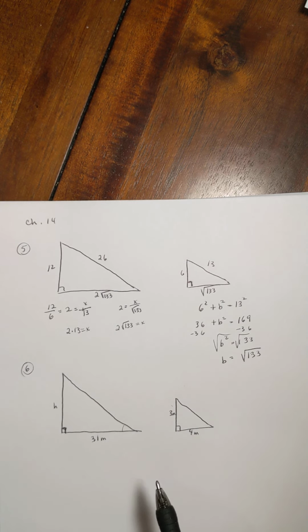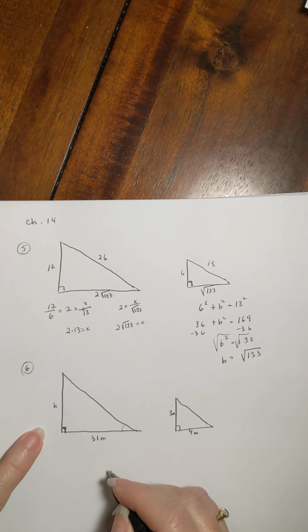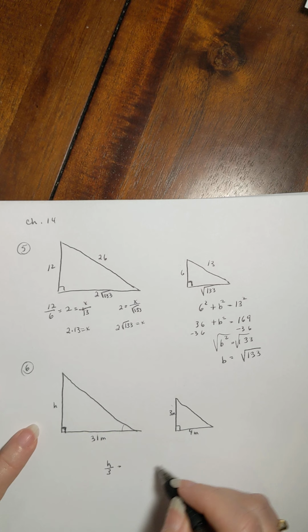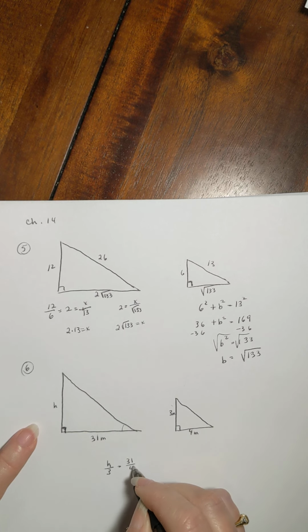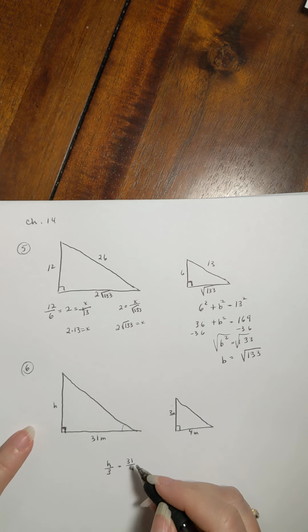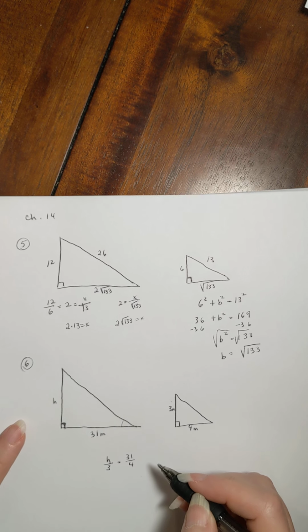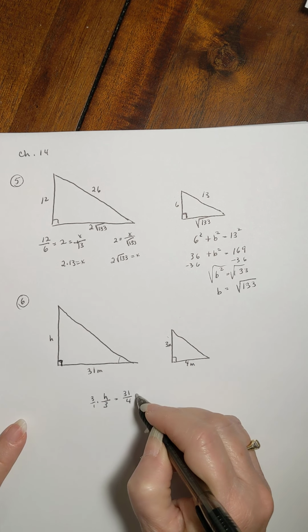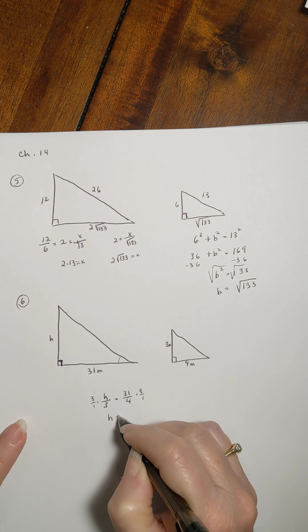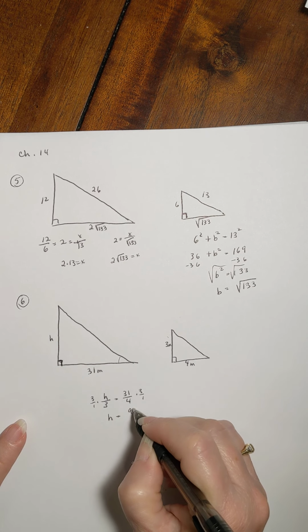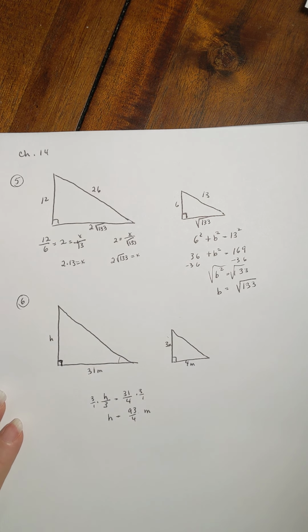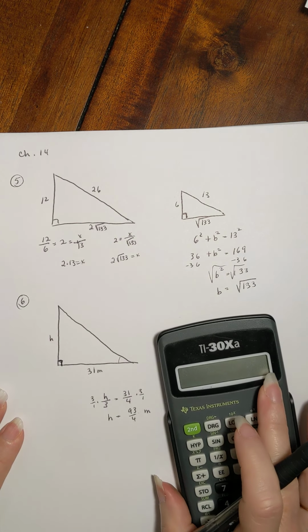So again, we're going to go big triangle over little triangle. So h over 3 equals 31 over 4, right? So here the h is divided by 3, so I'm just going to multiply both sides of the equation by 3. So I get h is equal to 93/4 meters. Or if you want to use your calculator and get an approximation of that,